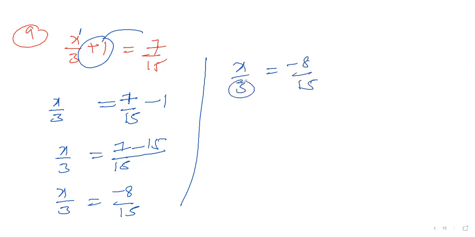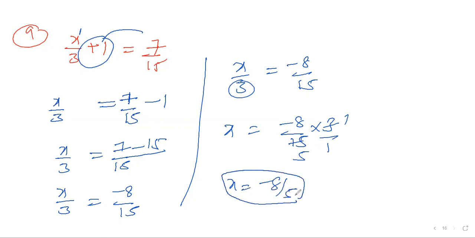Next step, x by 3 is equal to minus 8 by 15. You don't want the division by 3, so you go for multiplication on that side. x is equal to minus 8 by 15 into 3. So 3 fives are 15, and the value of x is equal to minus 8 by 5. Like this, for any kind of problem, if you follow the procedure, you will get the answer. So in linear equations in one variable, for the first one or two exercises, the procedure is like this. The last important thing is how to do the operations in some typical situations.